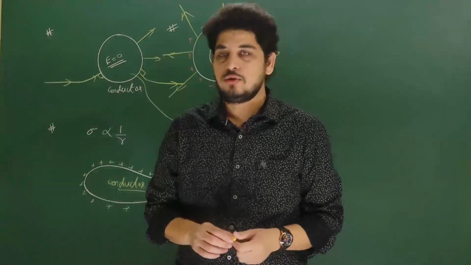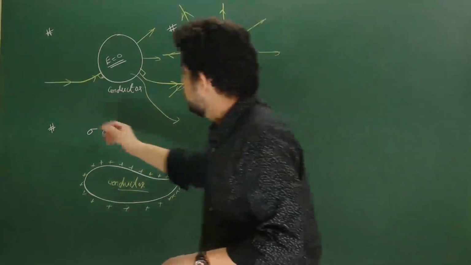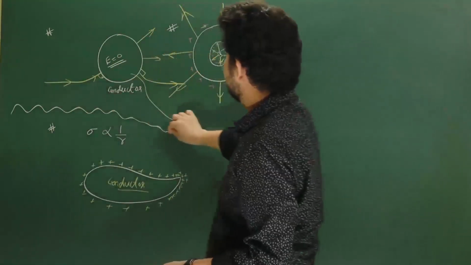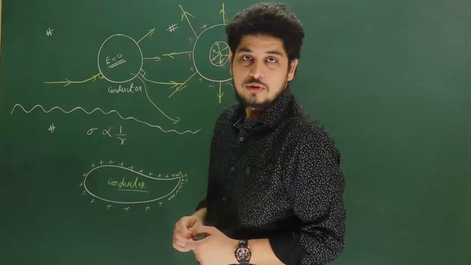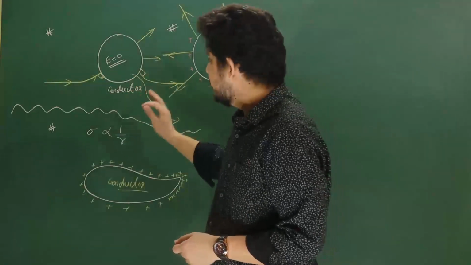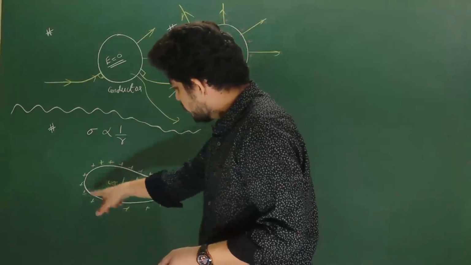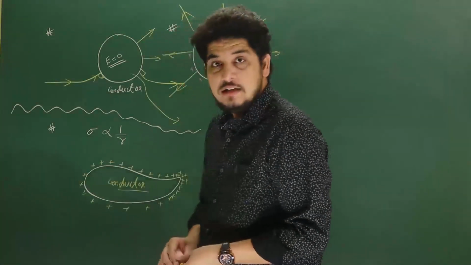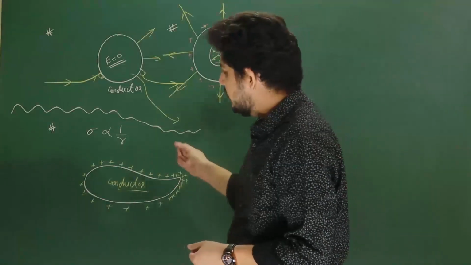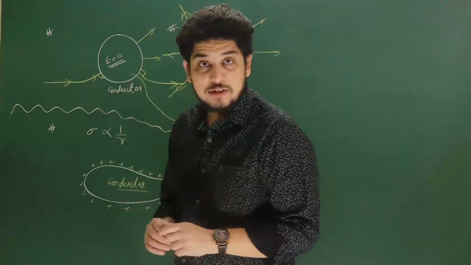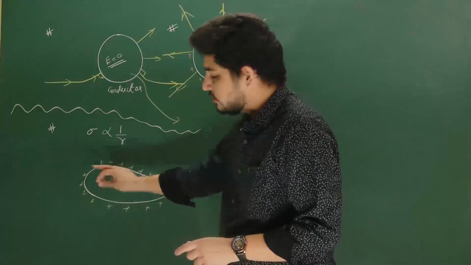Okay, students. So I already drew this diagram just to make you understand the concept easily. This is a conductor, and inside a conductor the electric field is 0. This is a property of a conductor, that inside a conductor the electric field is 0. Getting my point? And what is this? This is again a conductor. We have studied that in a conductor the electric field is 0, and all the charge given to a conductor will reside on the outer surface of the conductor. So this charge will reside on the outer surface.